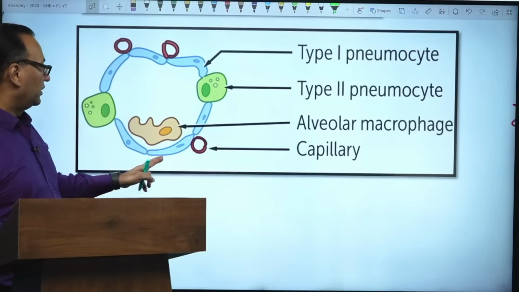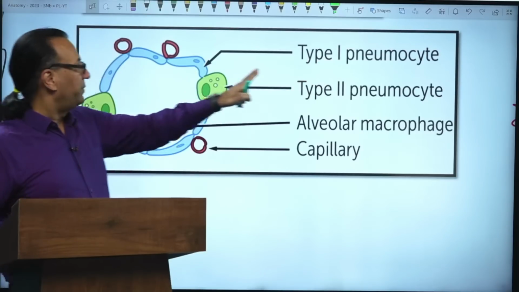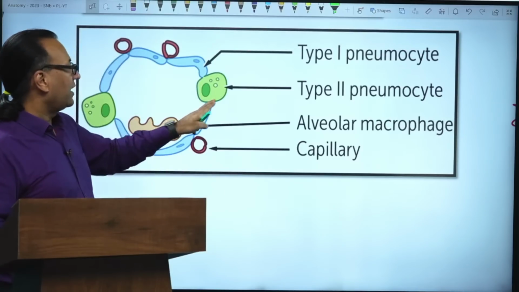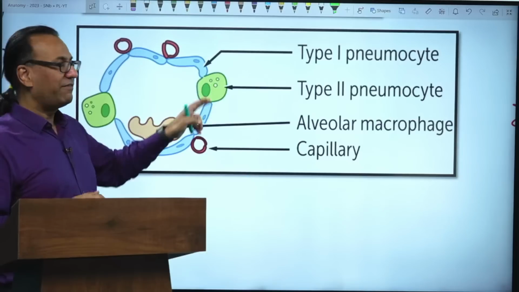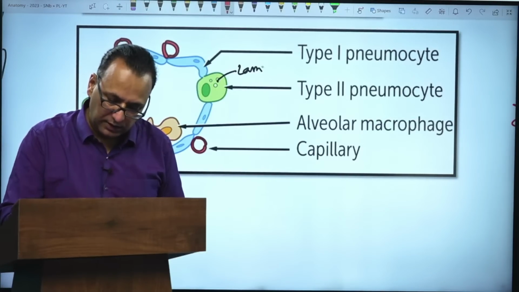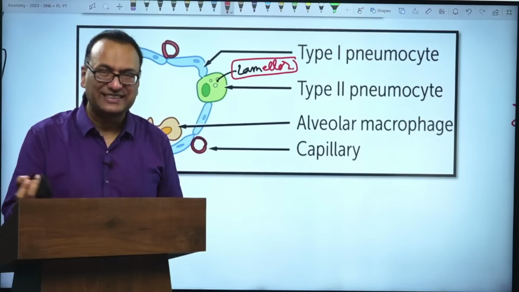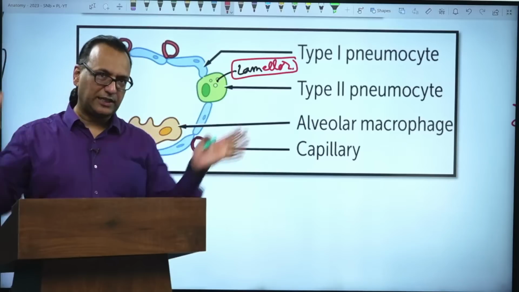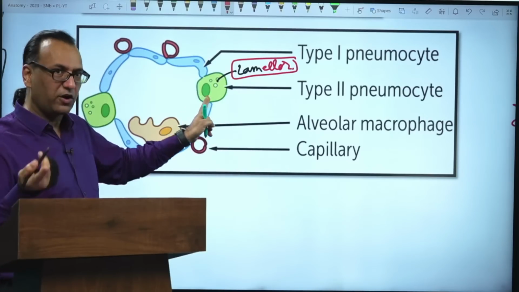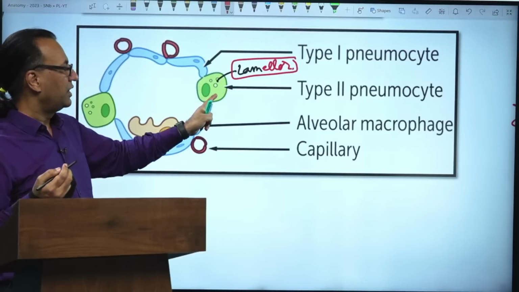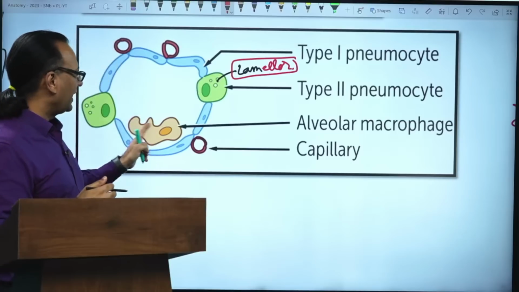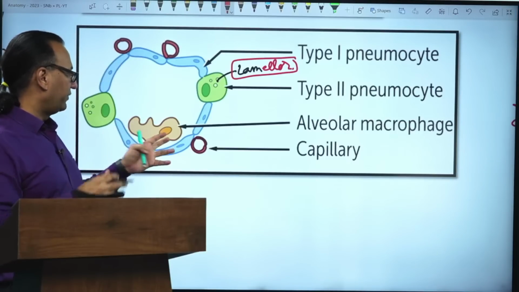A type 1 pneumocyte will be a flat cell with a flat nucleus because it is simple squamous epithelium, and the type 2 pneumocyte will have lamellar bodies. These are the lamellar bodies, which contain surfactant. It is a comparatively large cell compared with type 1, with a spherical nucleus, cuboidal. This is simple squamous, this is cuboidal, and this is the macrophage. The macrophage is the largest of all these cells, with pseudopodia and a lot of inclusions,